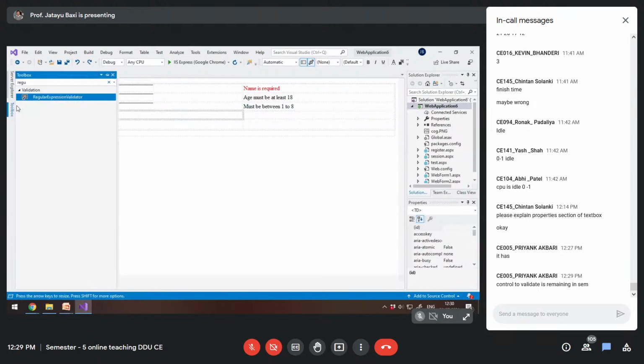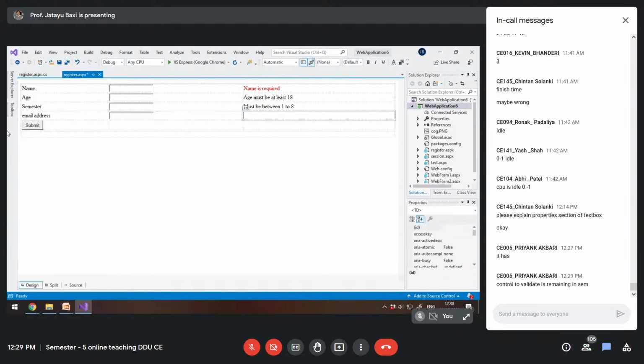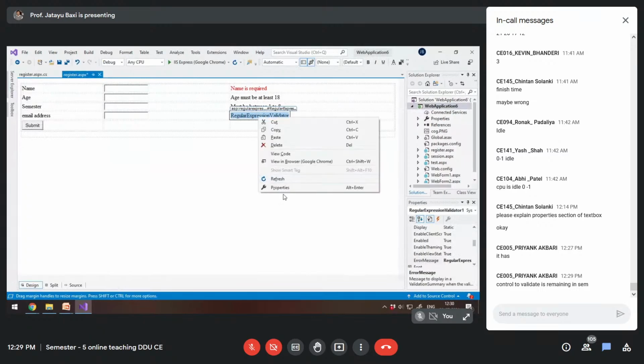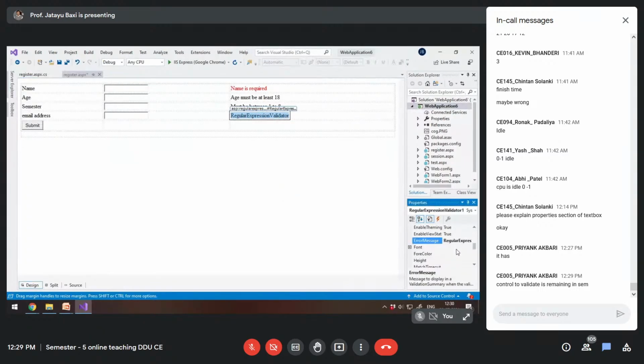Okay, I forgot to add the text box and the regular expression validator. So for regular expression validator, first let's change the text. Email must be valid, right? Email must be valid.